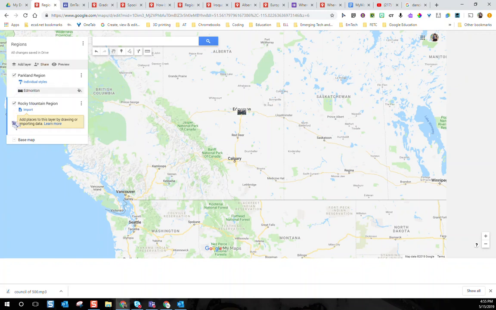Right now I have my Rocky Mountain region card selected. If I wanted this to be the Parkland region, you need to select which layer you're on before you create it. That's really important. So I'm going to create my shape. I'm going to add my liner shape, and we're going to do a really interesting version of the Parkland region. All I'm doing is mouse clicks. Every time I make a click, it's like a very fun dot to dot that kids are going to get to learn to do.